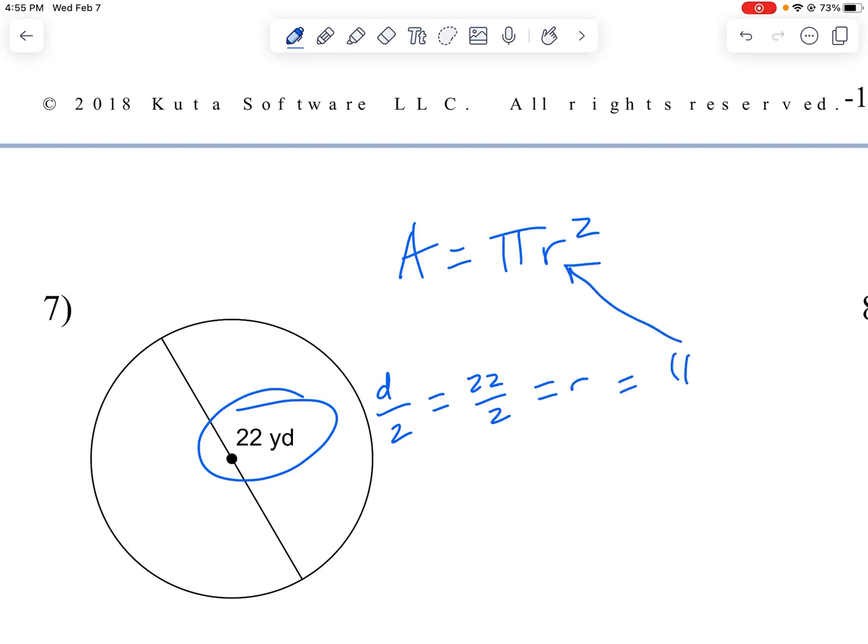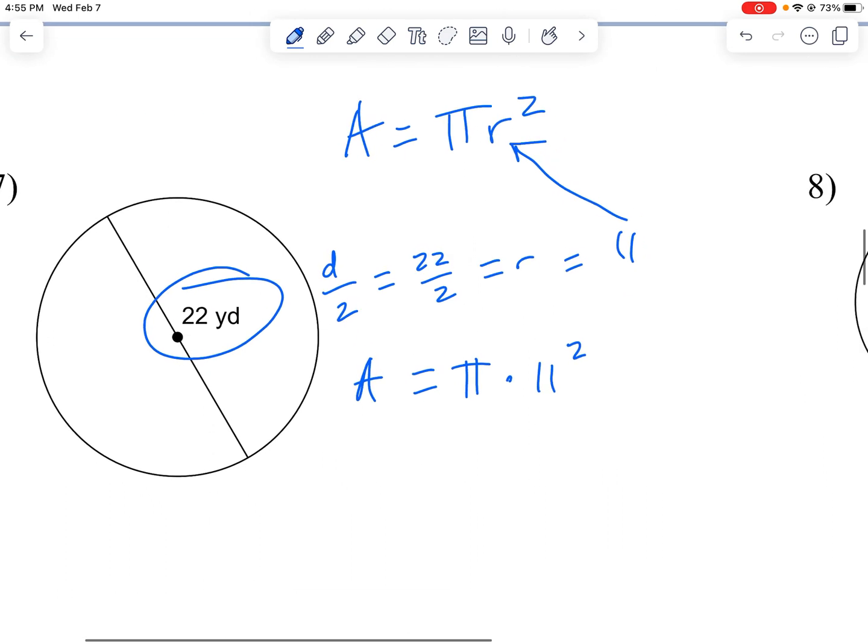And I'm going to put that in my lovely formula. So area is pi times 11 squared. Again, use your calculator. Use the value that the calculator has for pi, which is quite a few digits, and help us try to be as accurate as we can with the current tools. So I'm going to do pi times 11 squared, and I get